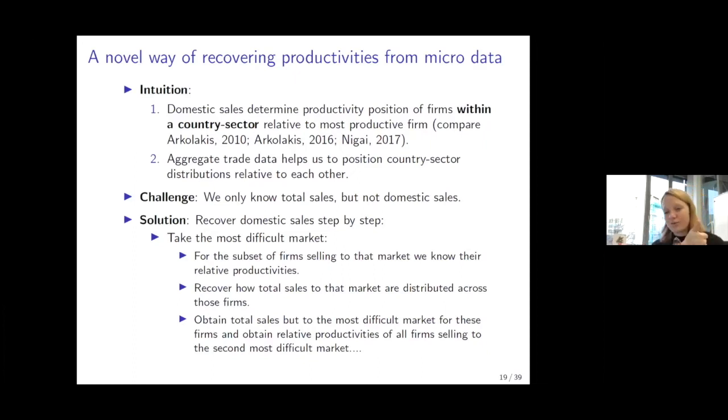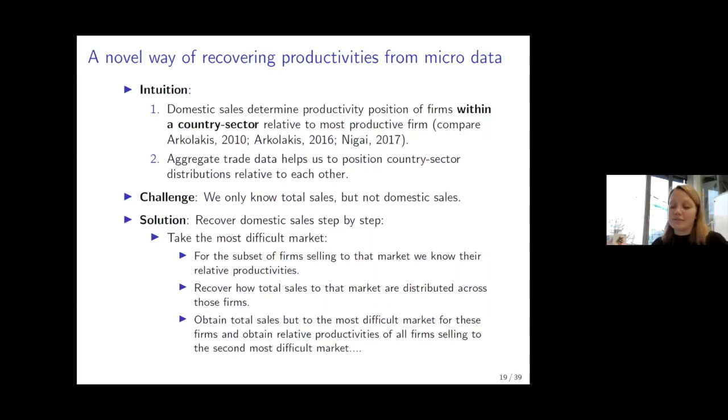So now for that set of firms, we have their sales excluding the most difficult market. That means we now have information about a larger set of firms. We can look at a large set of firms and their sales to all markets but the most difficult market, and we can do exactly the same. For this set of firms, which is a bit larger than the old one, we again rank them accordingly, understand their relative productivities, distribute sales across these firms, take them out, and so on, and so on, and so on,